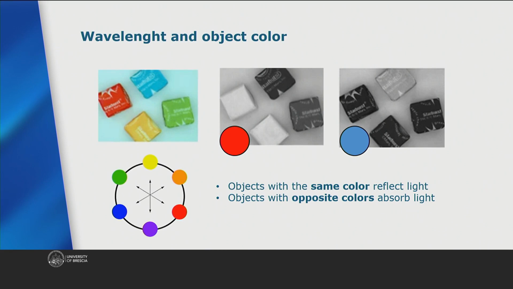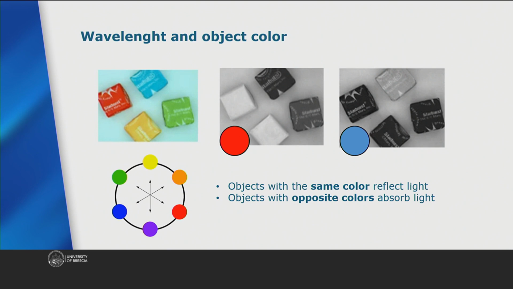Let's imagine that what we're measuring are these 4 candies, each wrapped in a different colored paper on a light blue background. If we try to illuminate these objects with illuminators of different colors, for example, using red light or blue light, you can see how the resulting image changes. In the first case, with red light, the candies with red and yellow wrappers appear lighter, while the others look darker. In the second case, with blue light, the candy with the blue wrapper is slightly lighter, as is the